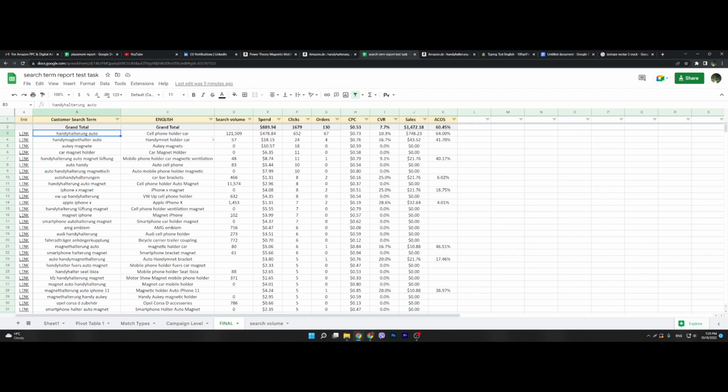Now, if we don't really want to spend money on ranking and try to profit from this keyword, I would go ahead and not pause it. Let's say our margin is 50% and here ACOS for this particular target is 64%. Now you might think it's unprofitable. Why don't we just pause it? But I think that if it still brings sales, right,